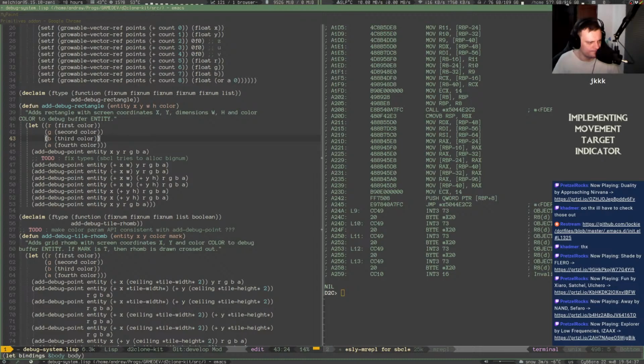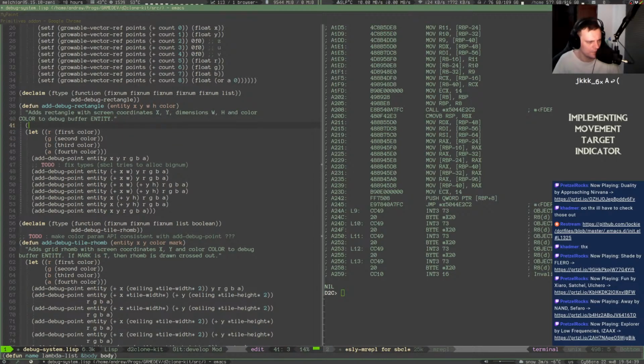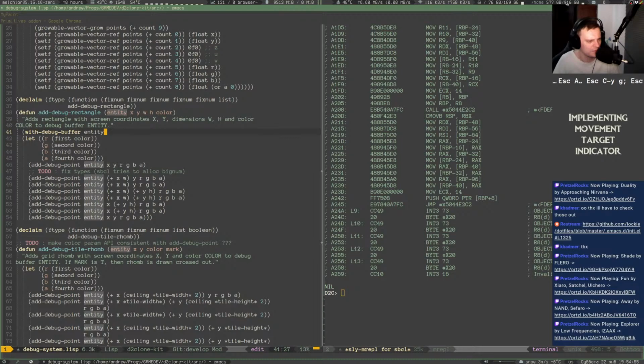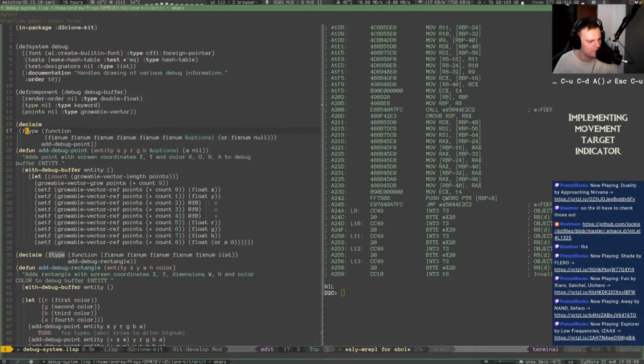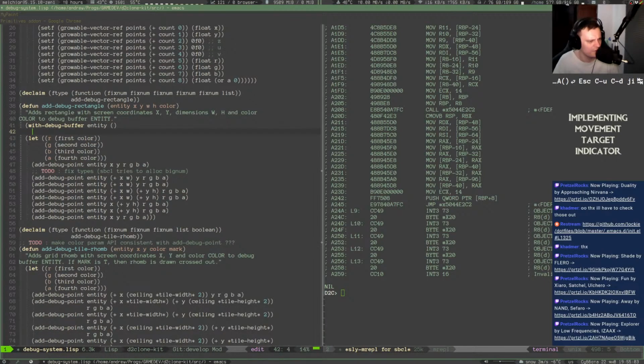So, what I want to do with the debug buffer. So with the debug buffer entity, and oops, what is going on? Okay, so that I want to have a look at the type. So when it equals type,